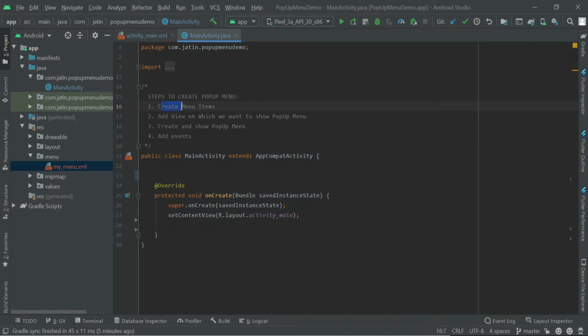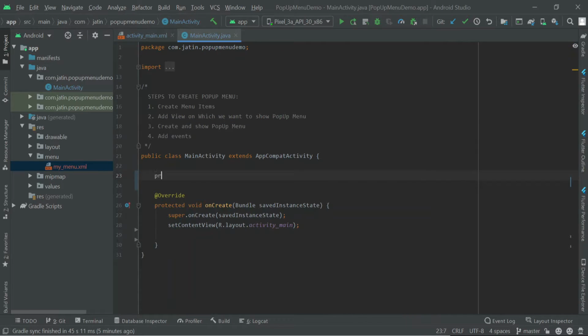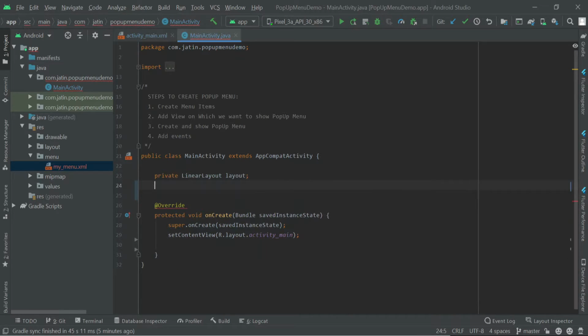Now here we have created the menu items. We have added the view on which we want to add the pop-up menu. So let's quickly assign some IDs over here. Private linear layout, that is layout. Private button, that is btn background. And quickly do find view by ID over here as well.